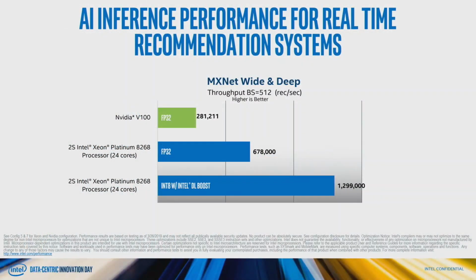Okay, and the other interesting thing to note here is with Int8. Of course we were getting about a 2.4x improvement in performance with just the FP32. NVIDIA hasn't published Int8 numbers for this workload, so we were not able to compare. That's why it was an apples to apples comparison with FP32, but we have even higher boost with Int8.